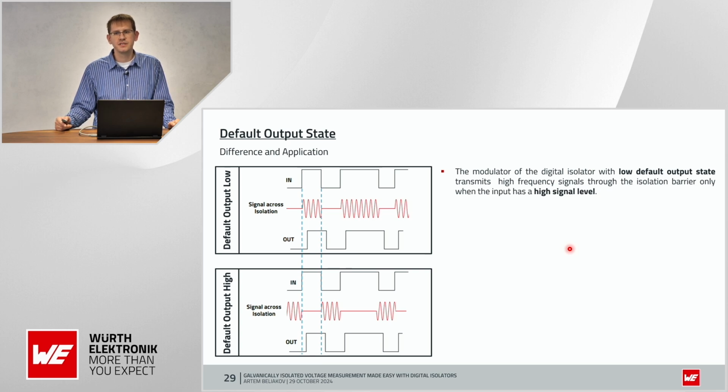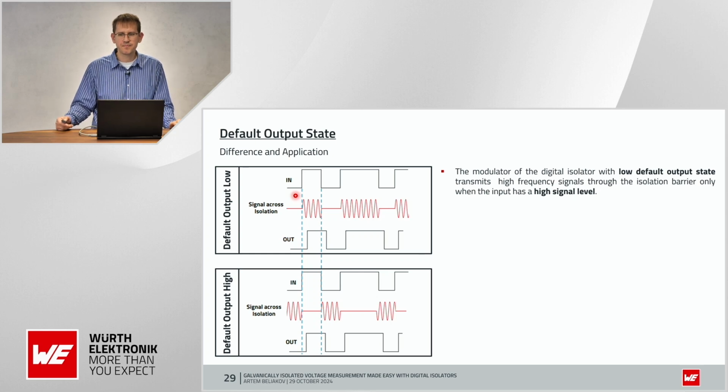Let's start with default output state low, and you can see the diagrams here on this picture. For default output state low, the modulator of the digital isolator transmits high-frequency signals through the isolation barrier only when the input has a high signal level. Again, we can see high level of input signal here, and only during this time, internal high-frequency